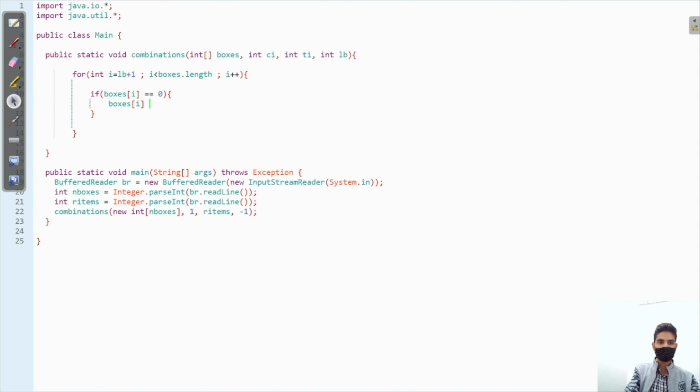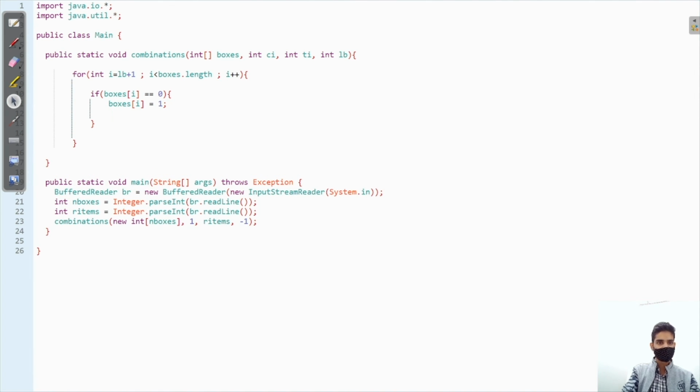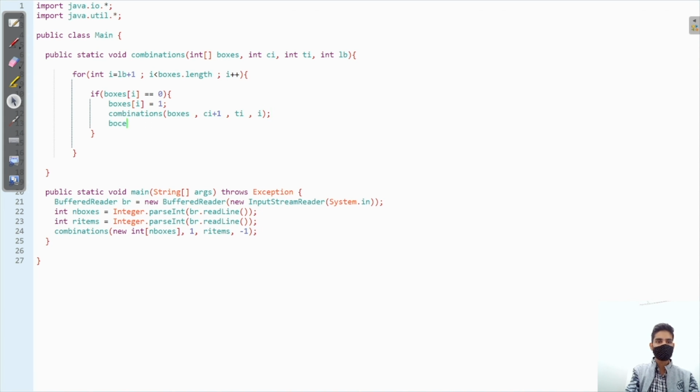So boxes of i equals 1, just put that item, make a call to combinations with boxes, current item plus 1, because I have put 1 item, total items, and in place of LB we just pass i. Very good. After that, just make this box empty again for the rest of the cases, because I have put 1 item. But after, I want to move to the further boxes, so I have to leave this place. That's why I am resetting this place to 0.